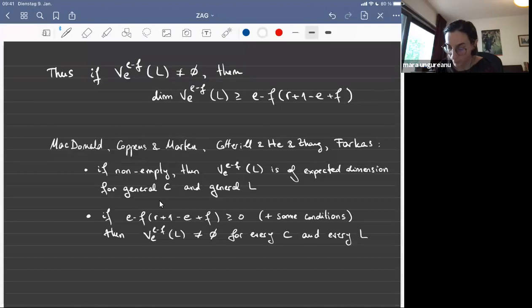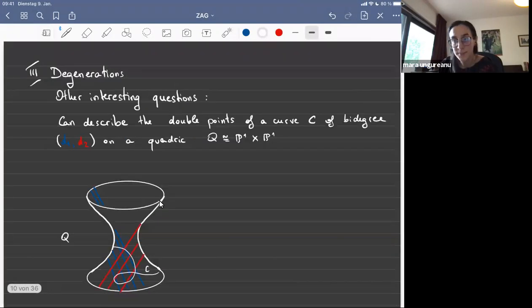So a lot of these proofs for expected dimension and so on, the degenerations to nodal curves are really very quite suitable to this kind of endeavor. And I actually want to show you a related but slightly different kind of question that you can ask about secant varieties, and also where degenerations of similar kinds to the ones used to prove the results just before are very